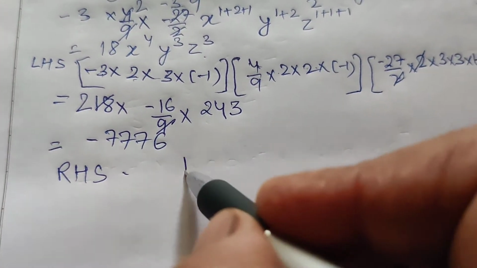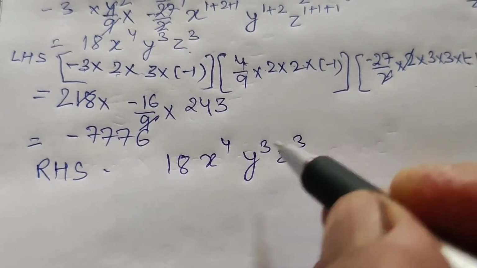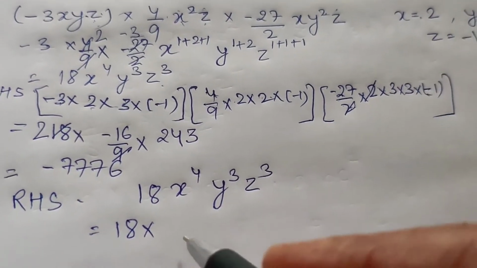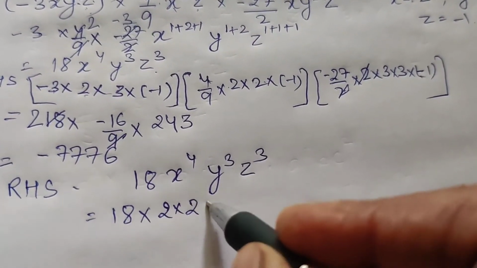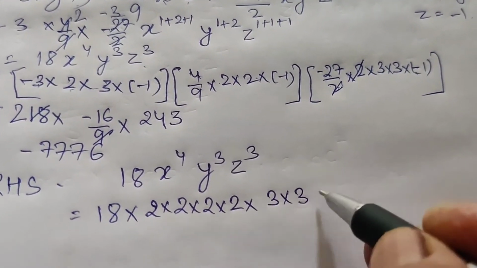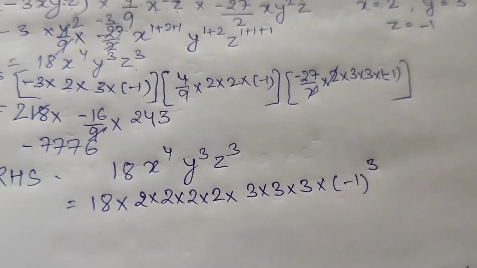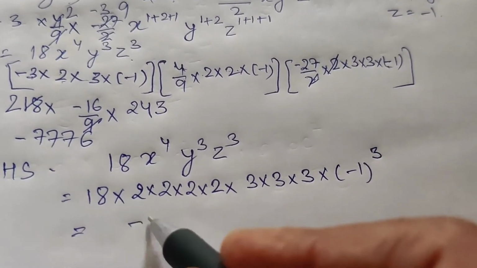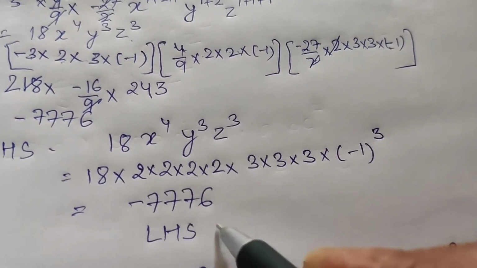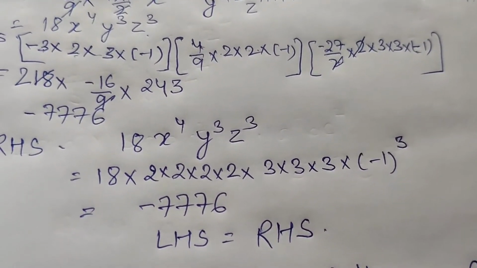Now RHS is 18 x raised to power 4 y cube and z cube. It means 18 x raised to power 4 means x equal to 2, so 2 multiplied by 4 times, and y equal to 3, 3 multiplied 3 times, and z cube minus 1 to the power 3. Now multiply all these numbers, you will get minus 776. It means verified. LHS equal to RHS. Okay. Next, question number